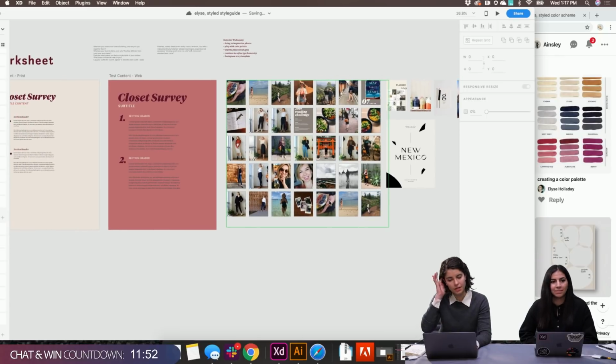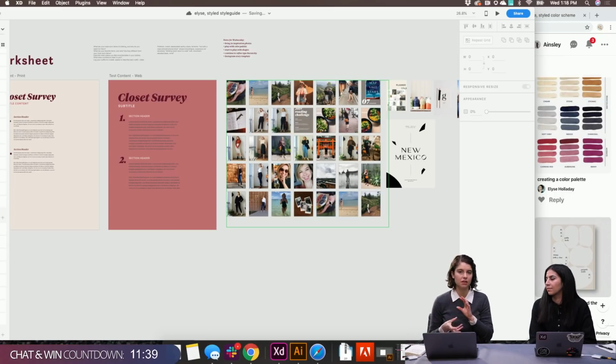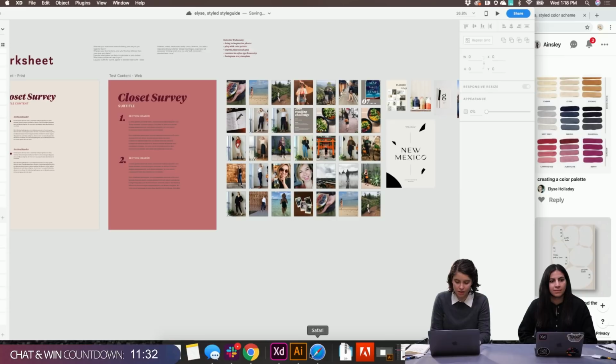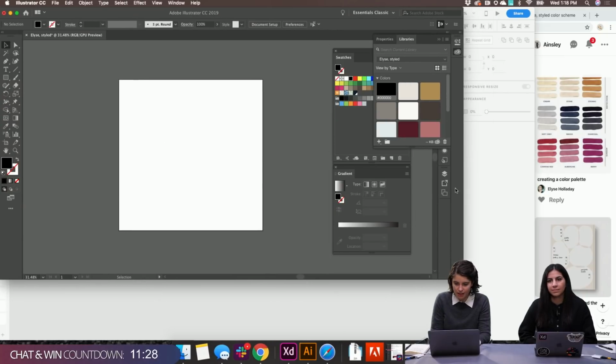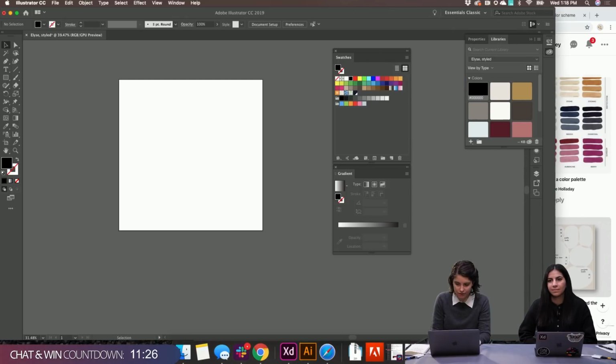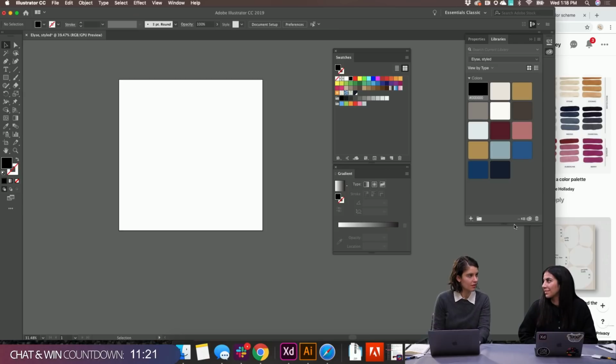So another thing I wanted to do and just make for myself is, I know that me and Elise are really interested in the contrast of big shapes and type. So I am gonna jump over to Illustrator, and I have already made a Creative Cloud library of the colors.